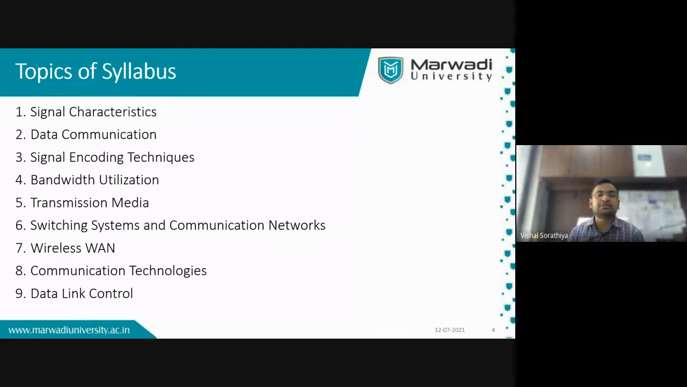Sixth, which is a switching system and communication network. In switching system and communication network, we will see what the different types of devices are, or we can say devices related to the phenomena which do different types of switching. It is going to happen like that,